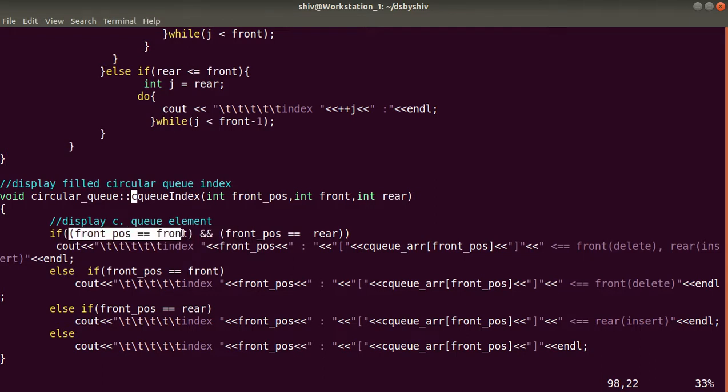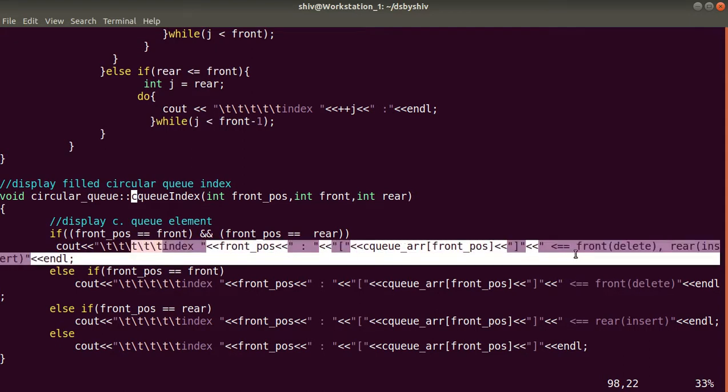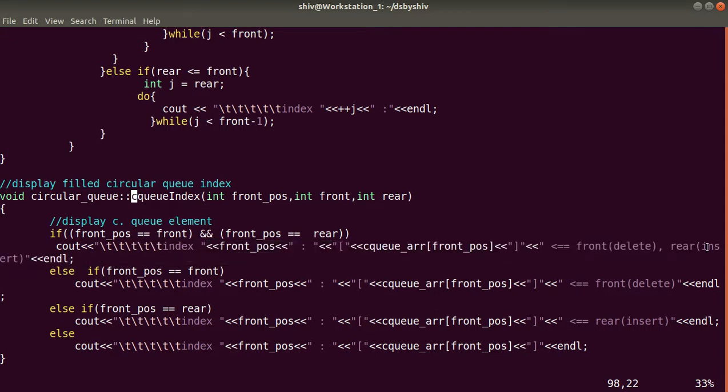If front pos is equal to front and front pos is equal to rear, then we display the index number, front position. This variable will print the index number, and this is our circular array, and at this particular index the value will be printed. After that we display some string, front and rear. So this is the case where front and rear are at the same index.